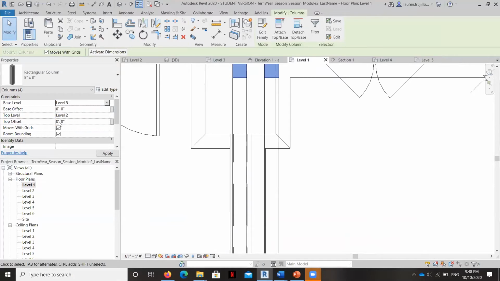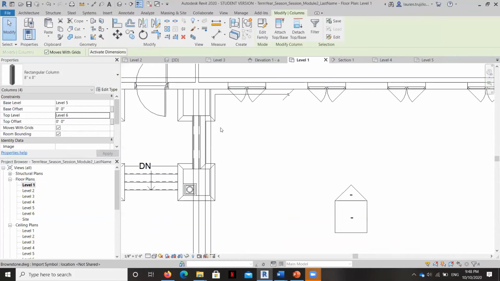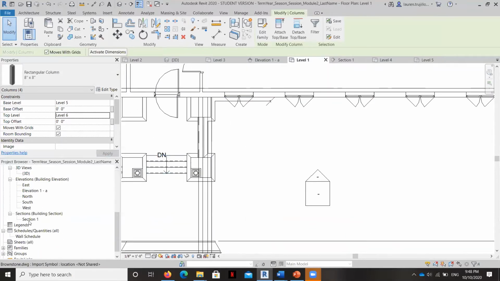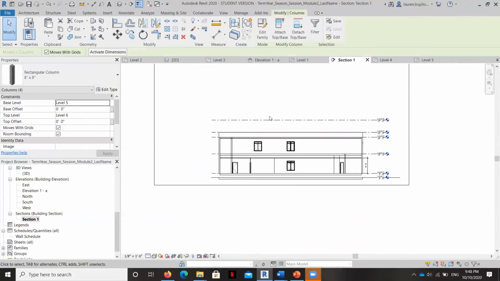And for the top level, I don't know what's going to happen when they go to level 6. We'll have to take a look and see. We may have to shorten them. Let's hit Apply and see what they're doing in section. Okay, we can't see them here. Why can't we see them?